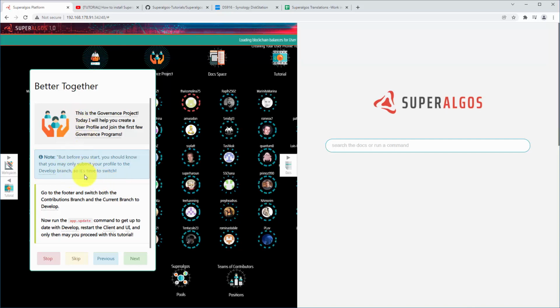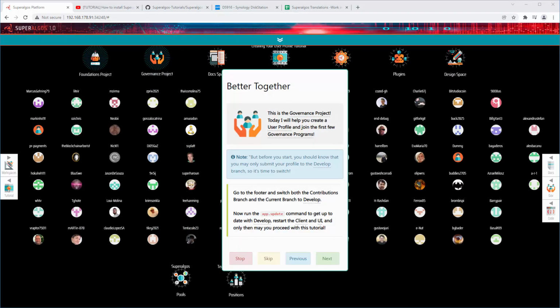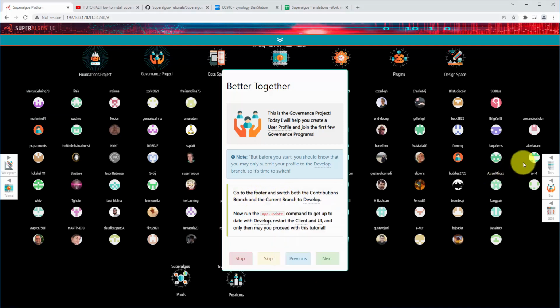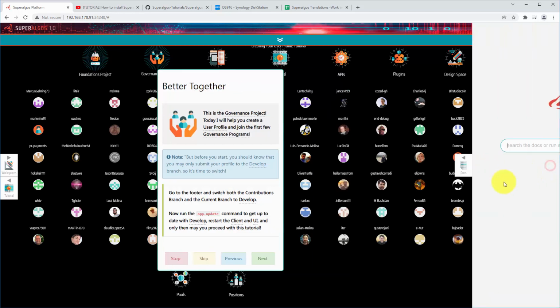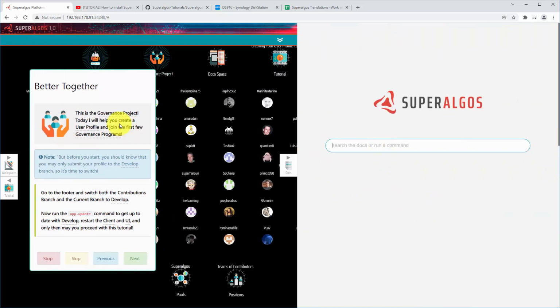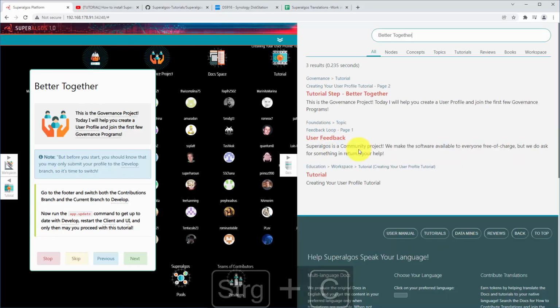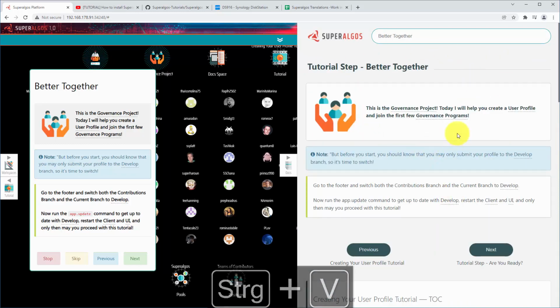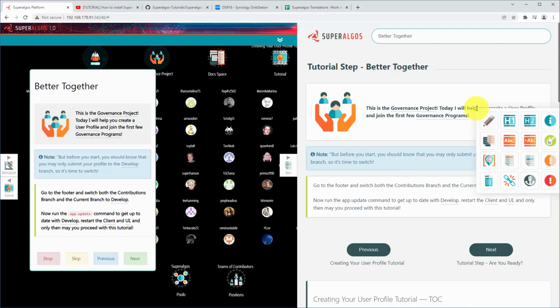You can't just right-click here in the tutorial window and start translating right away. To start translating, you have to open the Docs section. If you cannot see the corresponding text here, you can copy the title and search for it. Then click on the title link and you will be taken to the correct page. To translate this part, you can right-click on a paragraph and select the pencil icon.